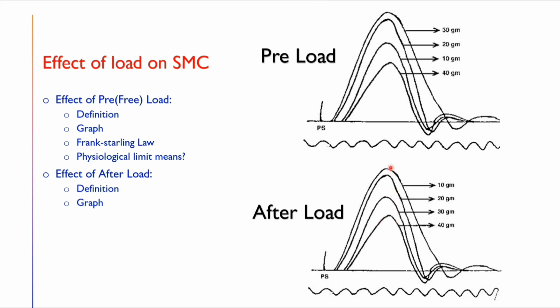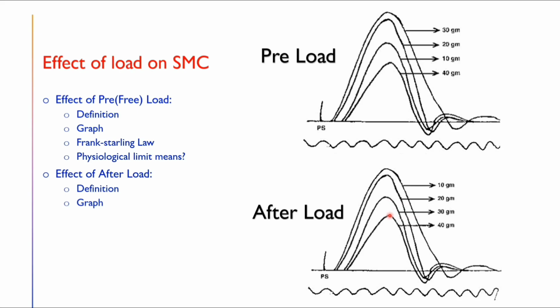So you can see from observation of the graph that the height of contraction is decreasing continuously. There is no increase, it is continuously decreasing. At 10 gram it was highest, at 20 gram it is lower than 10 gram, at 30 gram it is lower than 20 gram, at 40 gram it is lower than 30 gram. So gradually there is a decrease in height continuously, no change at all.